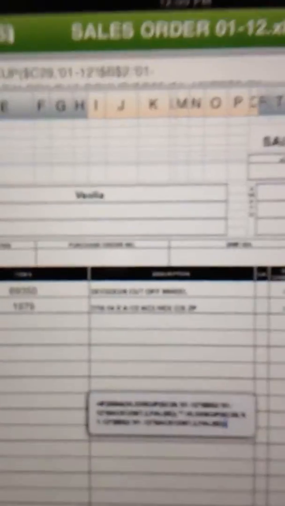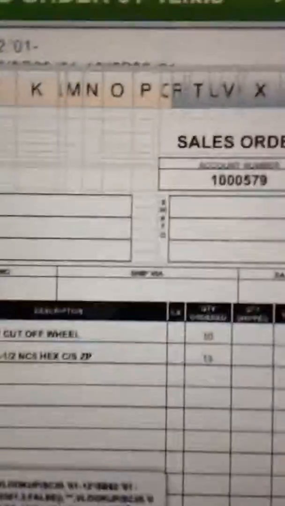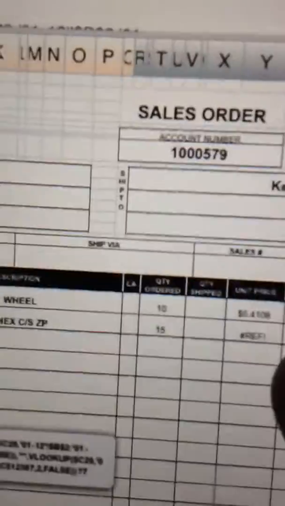Let's just make one up. I'll use the year I was born. I think it's a 7/16 cap screw. Sorry, I'm moving around so much, trying to look in 2 places at once, so let me focus this. Okay, so it does populate, gives me the package quantity, which for me is awesome on these big nuts and bolts. It's hard to know what the package quantity is on some of this stuff. Alright, so let's say for this I want to charge,